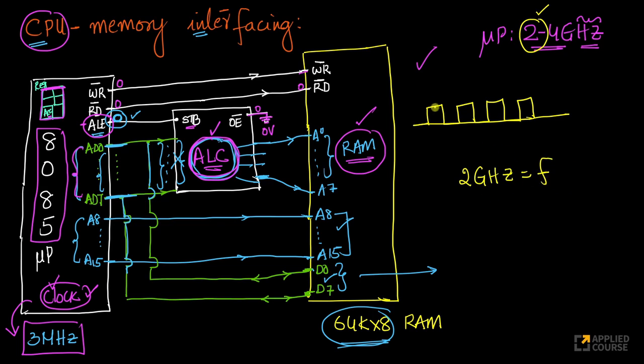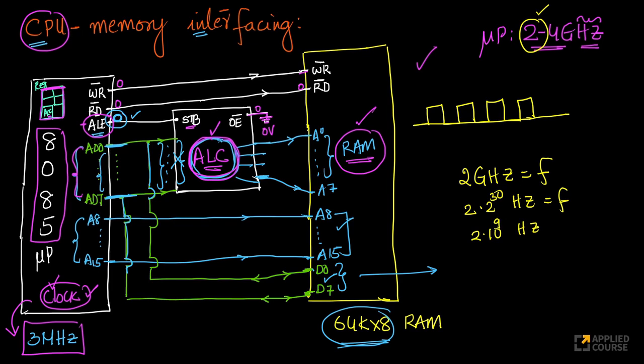What does it mean? It means it is performing, what is giga? Giga is 2 power 30. So this is what this means, right? So the frequency is 2 into 2 power 30 hertz. 2 power 30 is roughly equals to 10 power 9. That's what we saw this, right? So which means